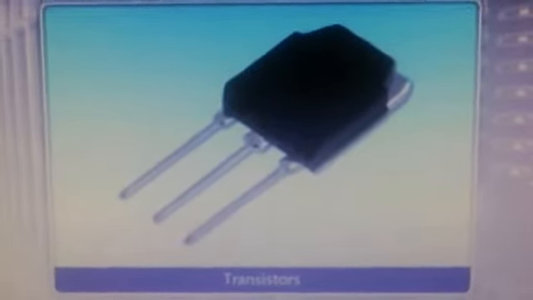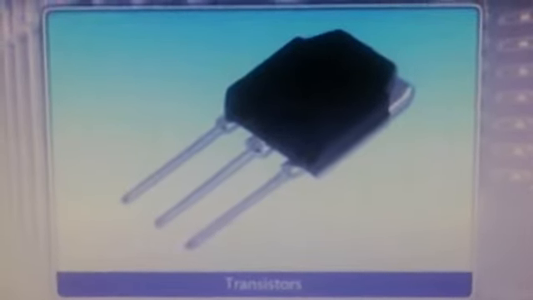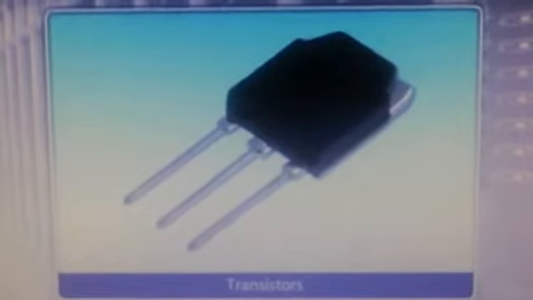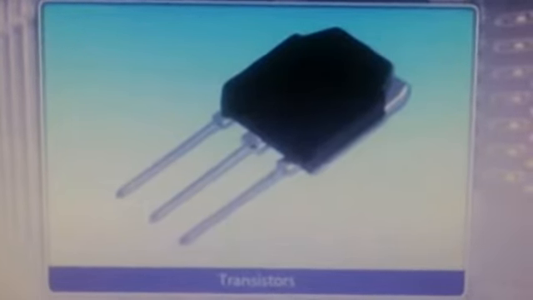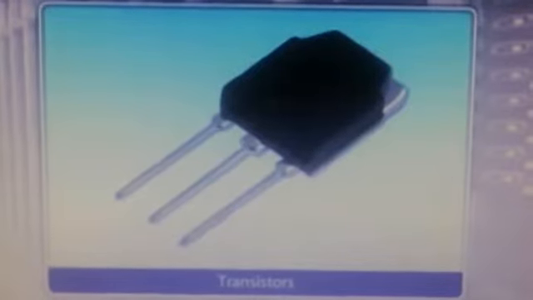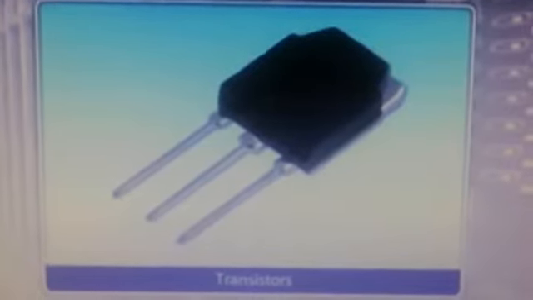So here we have second generation computers. Their lifespan is 1956 to 1964. The second generation computers used transistors instead of vacuum tubes because vacuum tubes are very large in size.